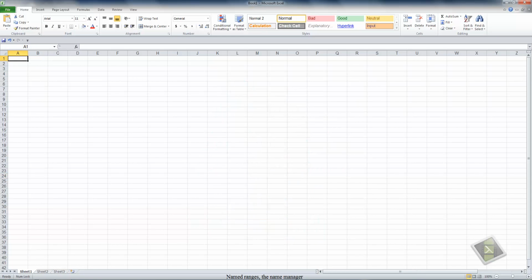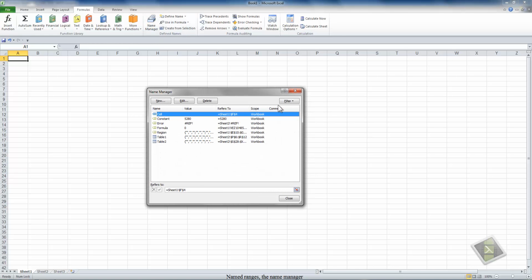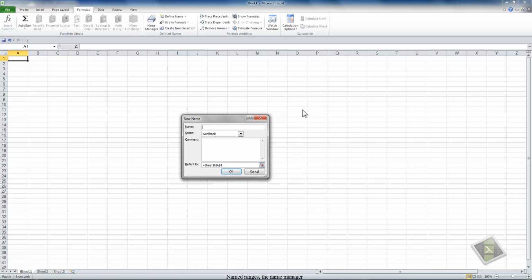So I have a spreadsheet set up, and I've set up a couple of named ranges, several of them. And I've also set up a couple of tables. Going to the Formulas tab, left-clicking the Name Manager, we see the ones that I'm talking about that I set up. We've been using the Name Manager in prior movies, and we know we can set up a new range